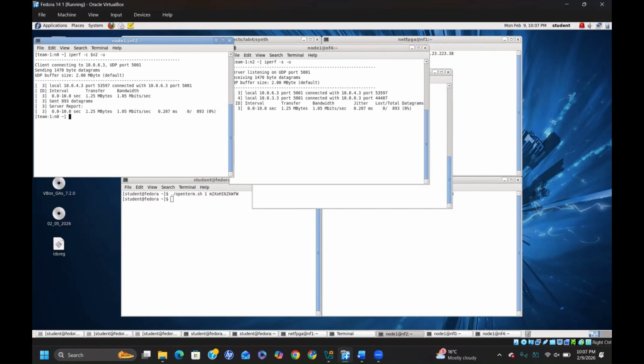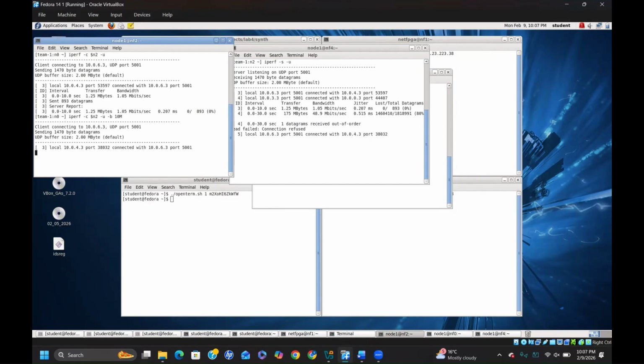So we're able to send and receive packets from it. As you can see, I've sent around 893 random packets without any bandwidth setting. If I set a bandwidth setting, which is like this,